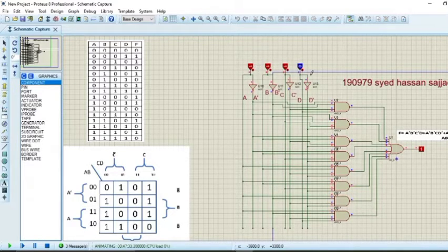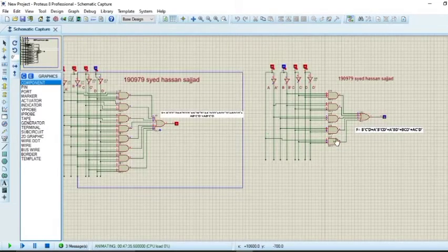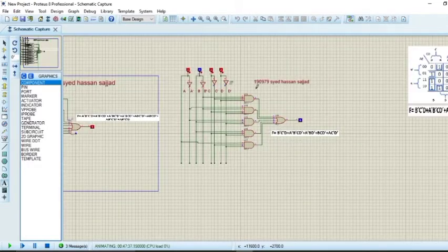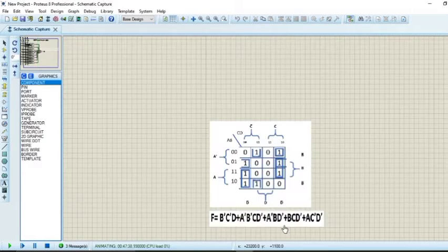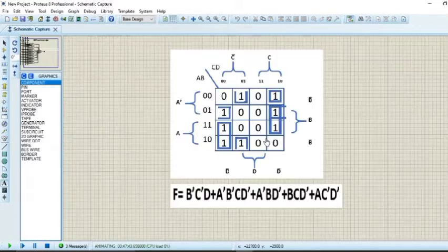So here you can see that the truth table is completely following this output. Next, we will come towards the grouping technique, in which we will make the groups in quantities of 2 raised to power n, meaning 1, 2, 4, and 8. These are the maximum possible combinations depending upon the type of group one is forming.